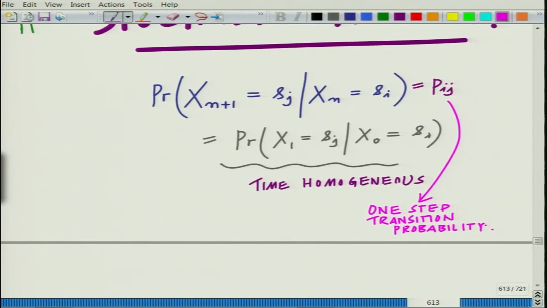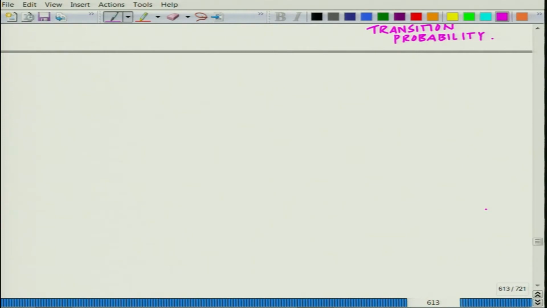Now, out of these one step transition probabilities, one can create what is known as the transition probability matrix. So I am going to have an n cross n matrix P